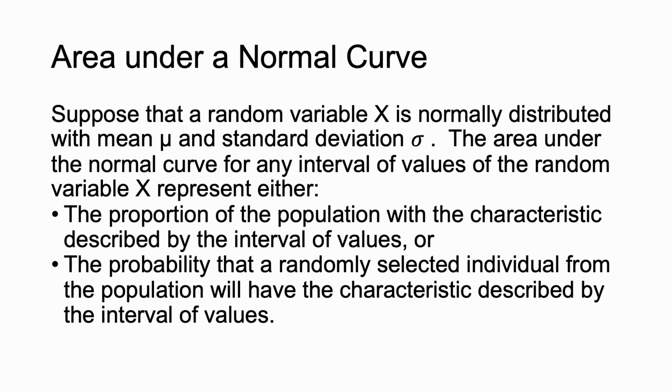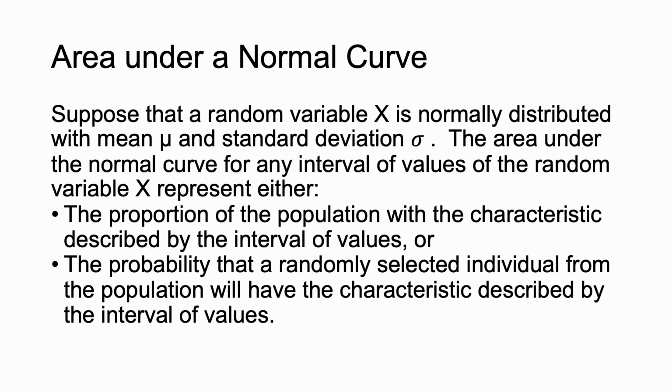There are two ways to interpret what the area under a curve for your random variable means. One is that it is the percentage or proportion of your population with that certain characteristic. For example, what percent of cats weigh between 10 and 18 pounds? Find 10 and 18 on the cat curve and find out what the area underneath the curve between 10 and